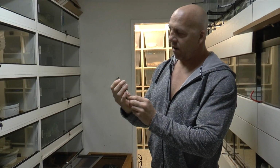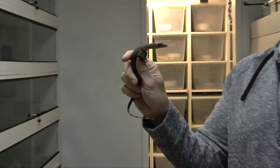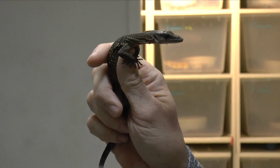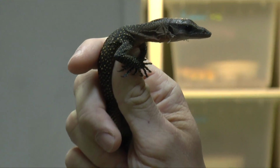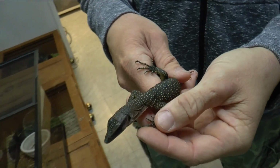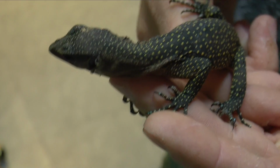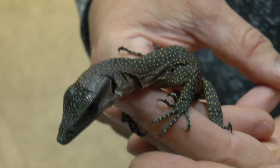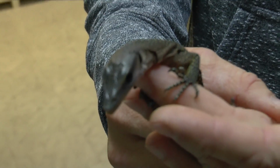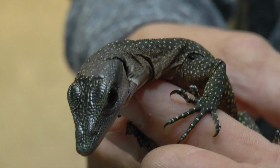I have 2 baby peach throat monitors, farm hatch youngsters here. Right now, this time of year, there's not a lot of monitors out there. While Indonesia is undergoing the implementation of the 2017 CITES quota, a lot of the permits have expired for 2016. So I have 2 and 2 only. Fat and healthy,